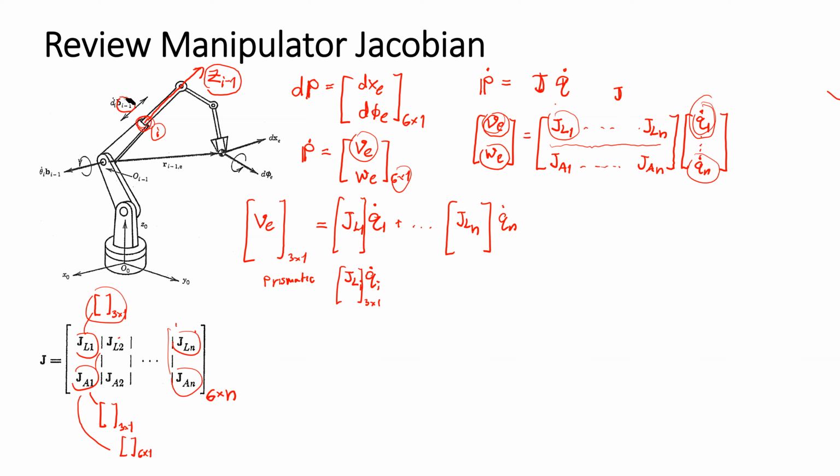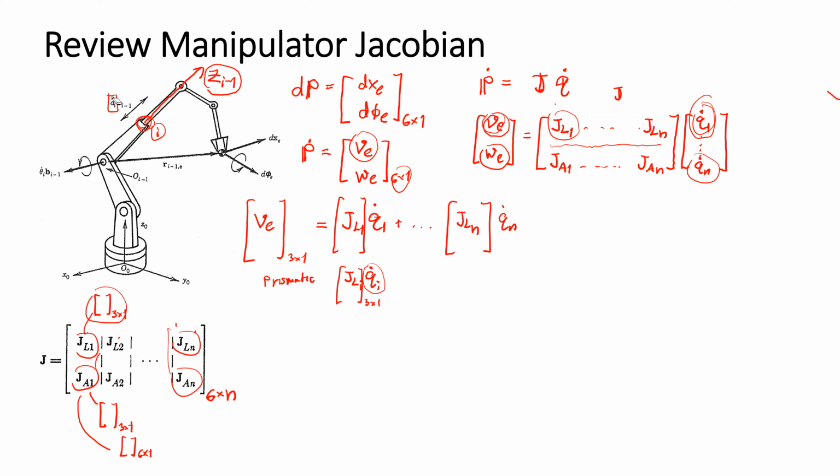And the joint variable of the prismatic joint is d dot. D is the distance in the prismatic joint, the offset that can be controlled by the actuator. D dot is the speed of the prismatic joint, and